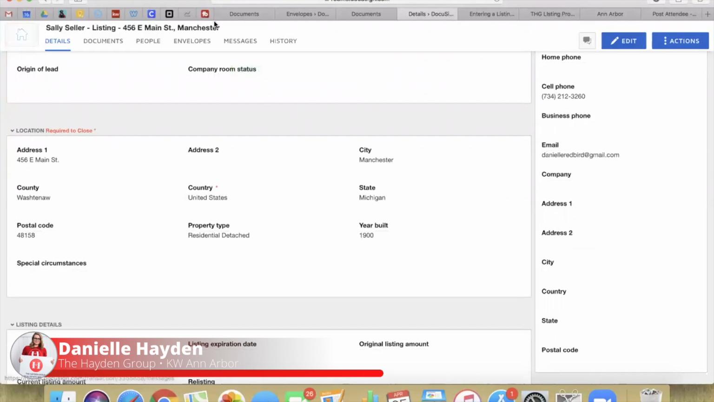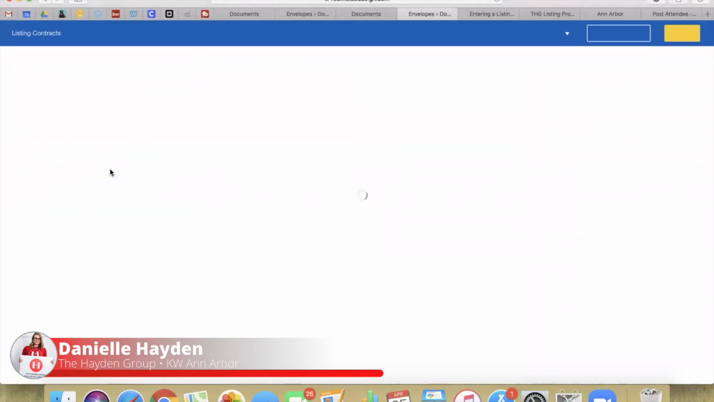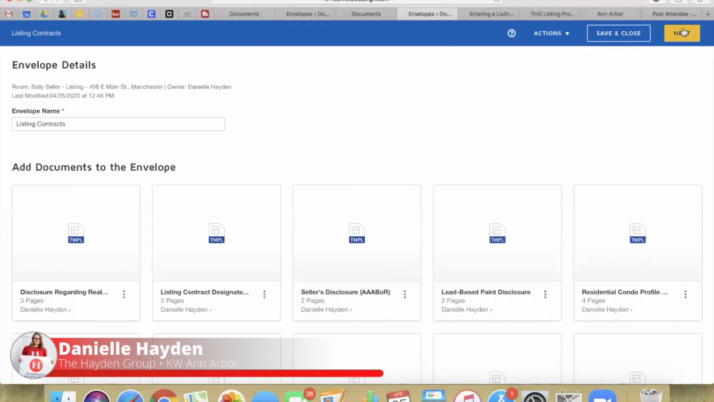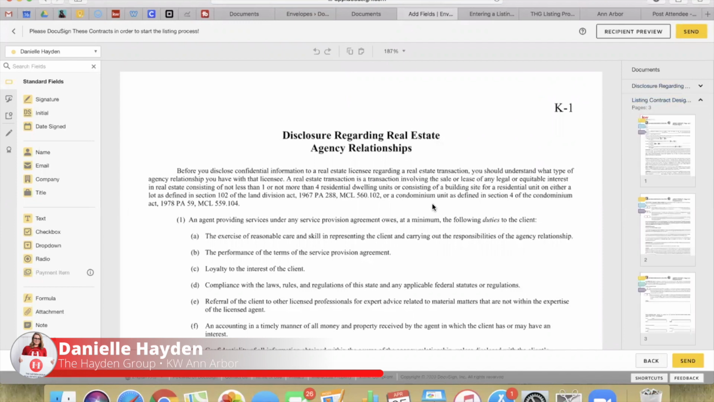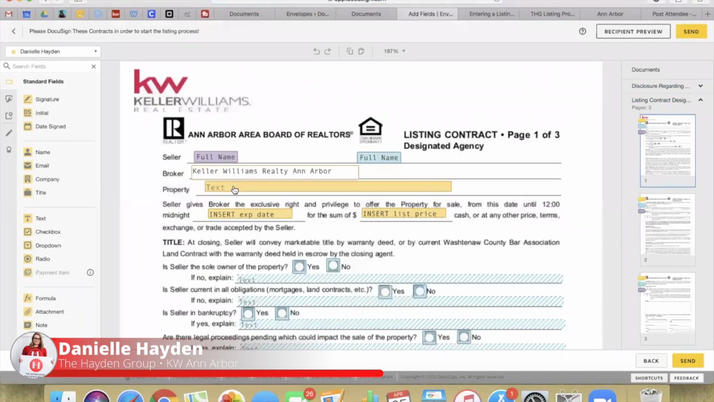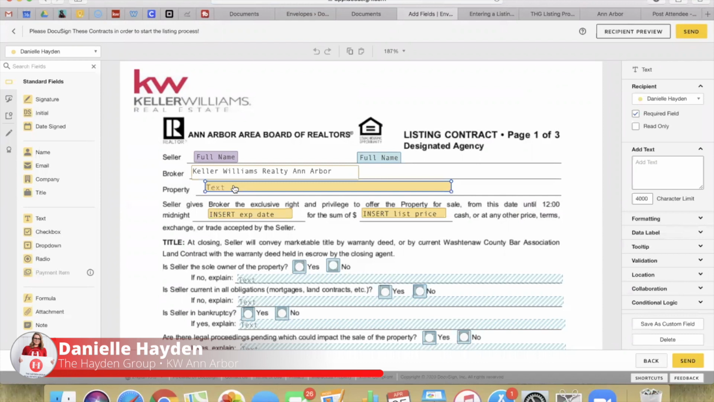All right, so we're going to go back to envelopes. We're going to go back into this envelope, which we had drafted, and see if anything new pulls. All right, there we go. Listing contract. Let's head over here. It did not pull this information in. I know on some of the forms it does, but for right now, I'm just going to go ahead and